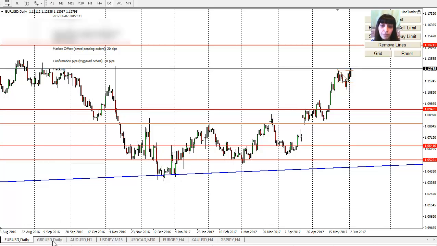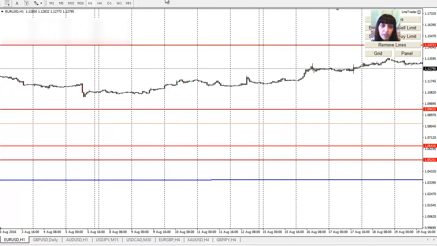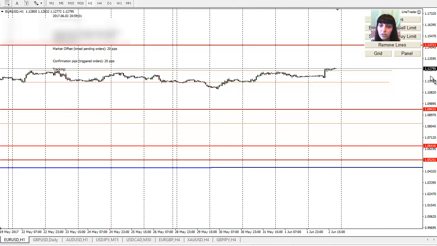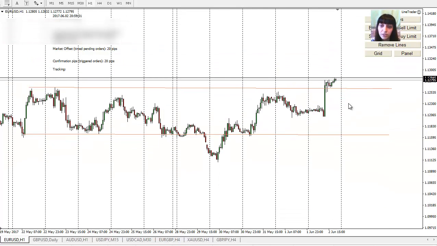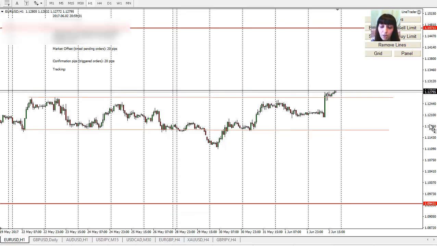Now, all my levels are staying the same. I'm only going to remove that one because now we don't need it, just to make it a bit cleaner chart. So I do still have all these levels. That's the new one I drew. I'm going to leave it just to see before the event how the market will behave. Will it concentrate around this level? Will it break it, or will it continue up? So we'll just be waiting, preparing for the news.